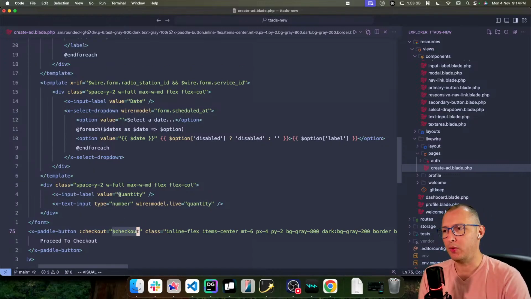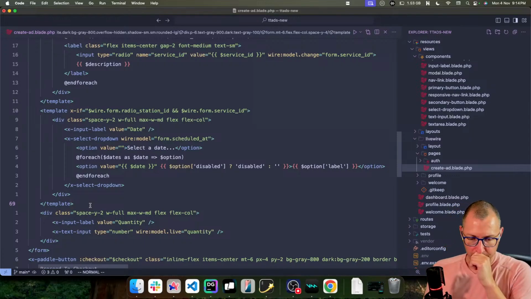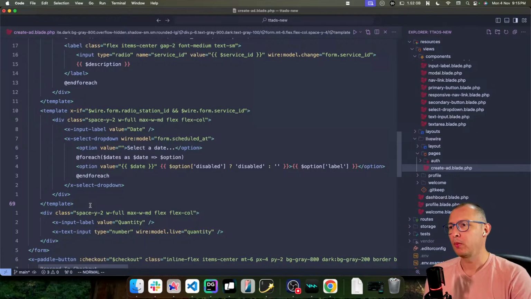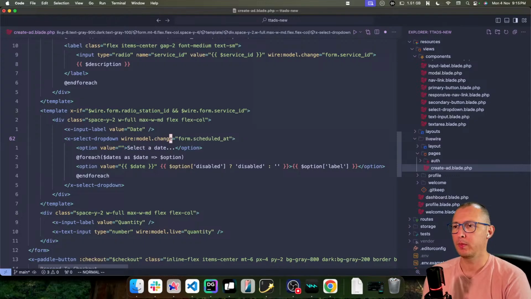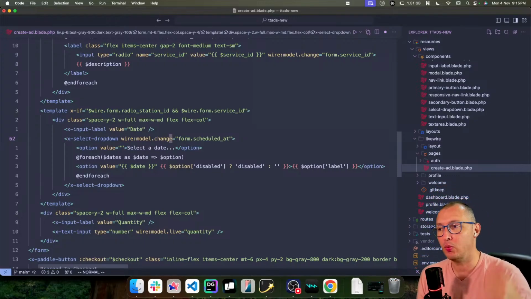So I'm gonna keep it there for now. All right, so let's set this select dropdown to change as well. So we select a scheduled at date, then we run another update function